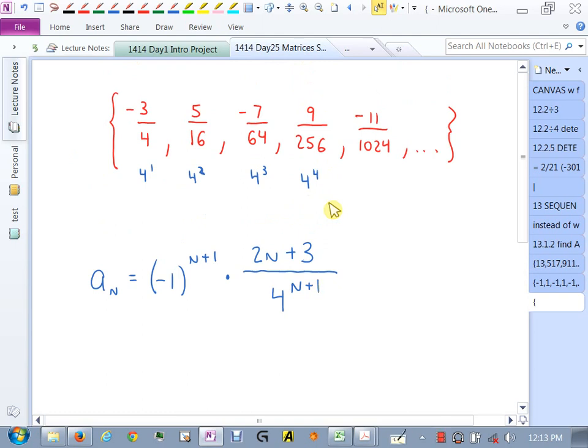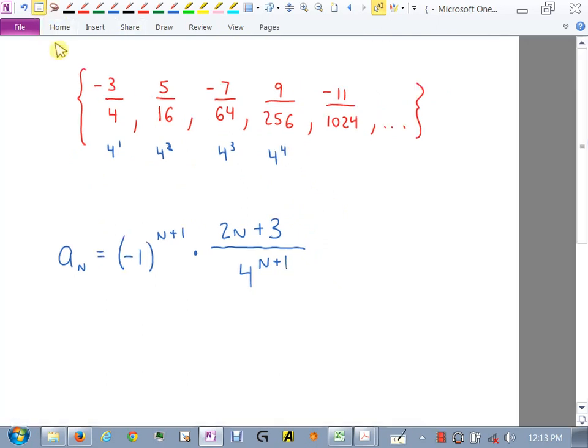All right, I'm trying to think if there's any others that I want you to see. I've got the alternating, I've got the fraction, I've got the powers, evens, odds. That's pretty much most of what you'd see. All this does is make your sign change. So once you've taken care of that part, you can totally ignore the plus minuses up here and just look at the numbers themselves.